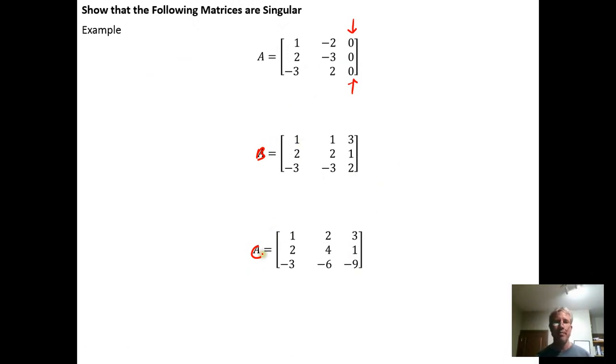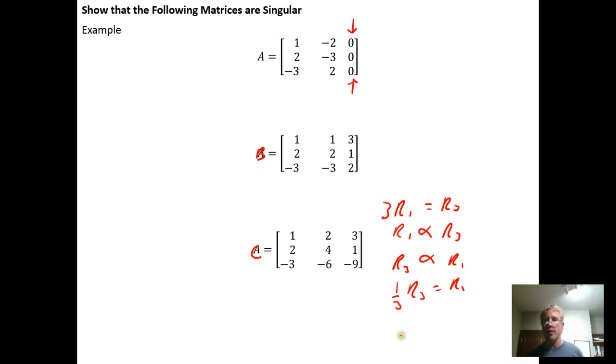And this matrix C is singular because row 3 is proportional to row 1. Row 1 is proportional to row 3, and we could just as easily say row 3 is proportional to row 1, because 3 times row 1 equals row 3, or a third of row 3 equals row 1. So depending on which way you wanted to look at it,